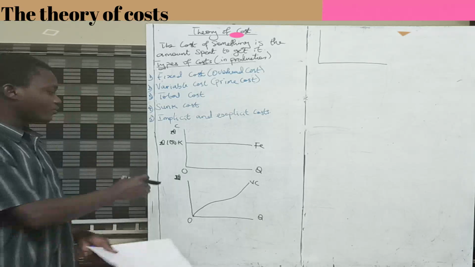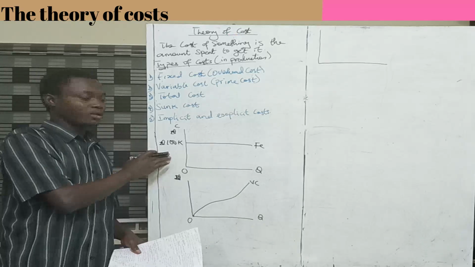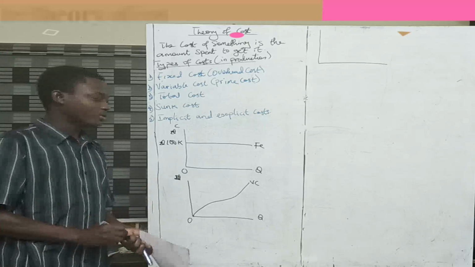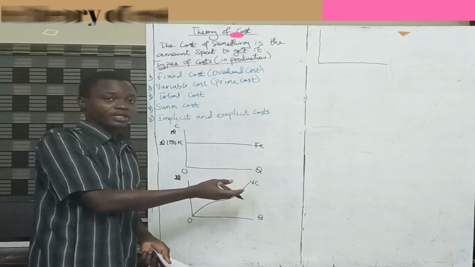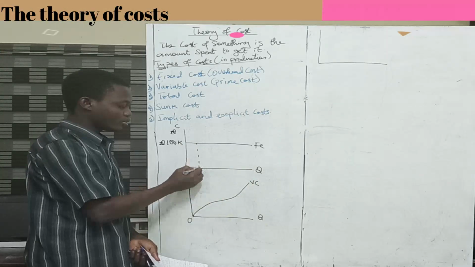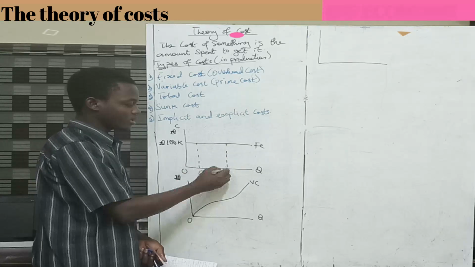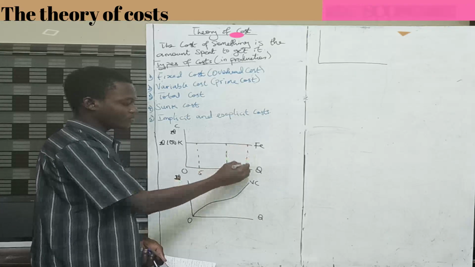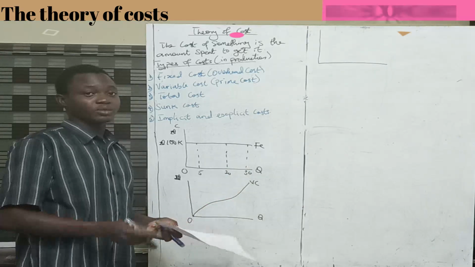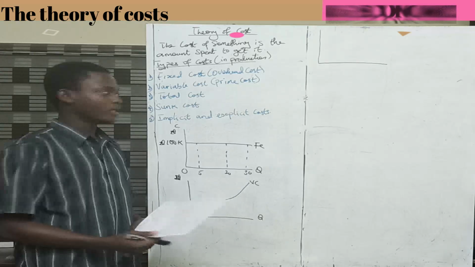Now I have a graph here. So the cost of the phone is 100,000 naira. So that is where the fixed cost is starting from. It's not starting from zero, and it does not change with the level of output. So output is Q. Whether I choose to produce, let's say, 5 videos with it, 20 videos with it, or 30 videos with it, the amount I bought the phone is the same. It's not increasing as I increase my production of videos, and it's not reducing. Okay, so that's that about that.